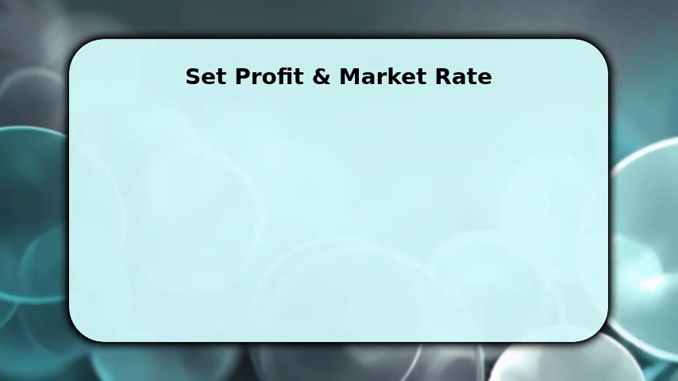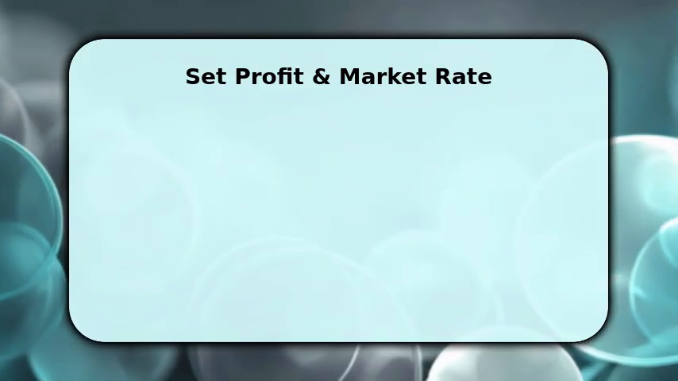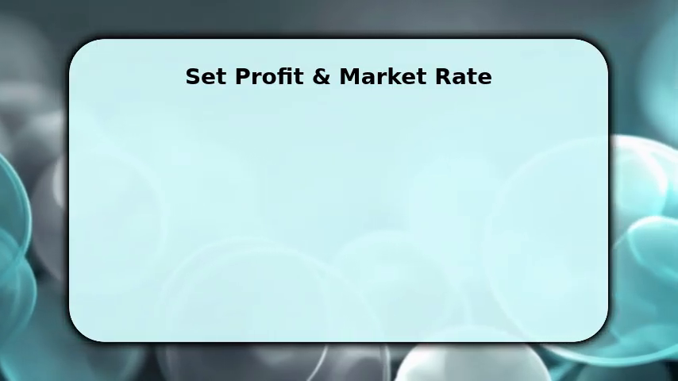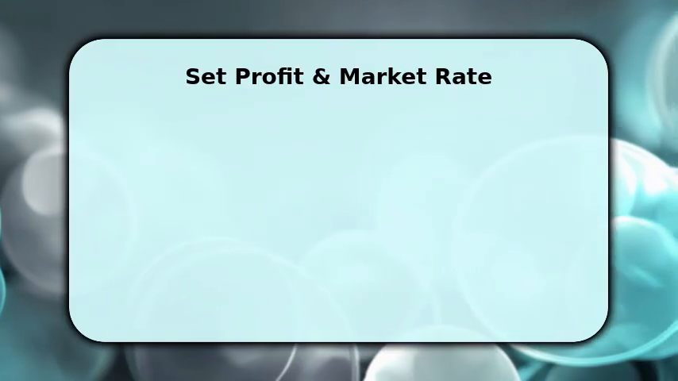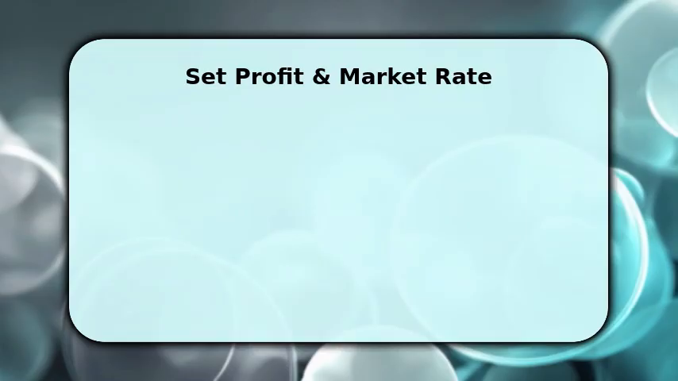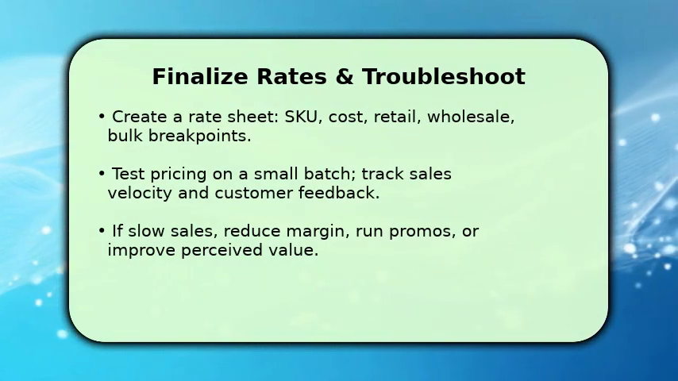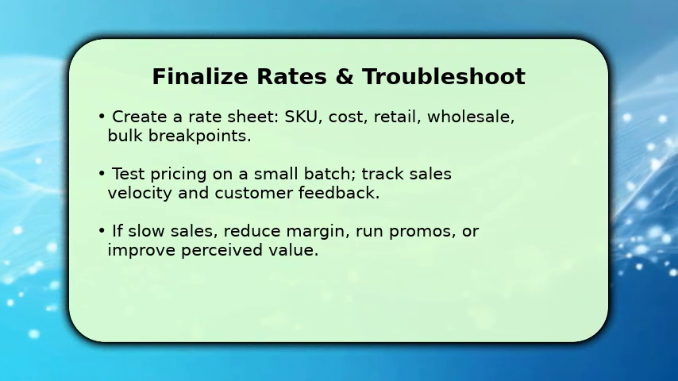Make sure to set a standard retail, wholesale, and custom rate, and define price bands for simple versus ornate pieces. This step balances profit goals with customer expectations. You finish by formalizing rates and testing them in market conditions. Once done, produce a clear rate sheet with SKUs and breakpoints, then run a small batch to monitor sales velocity